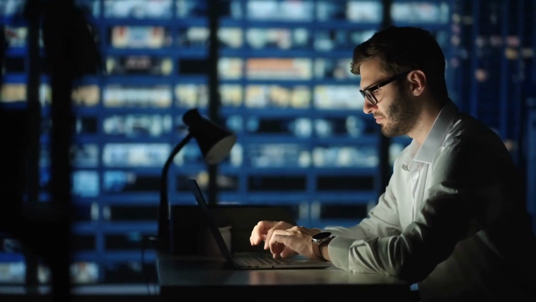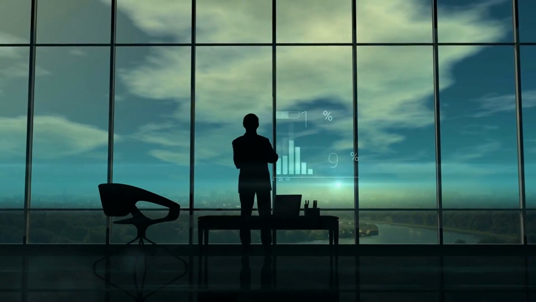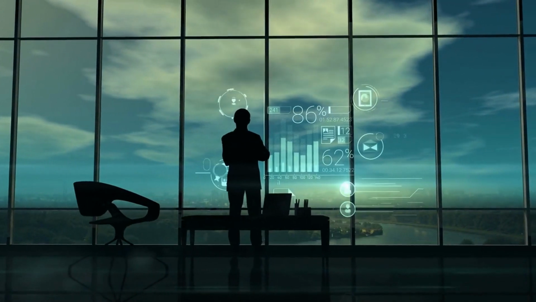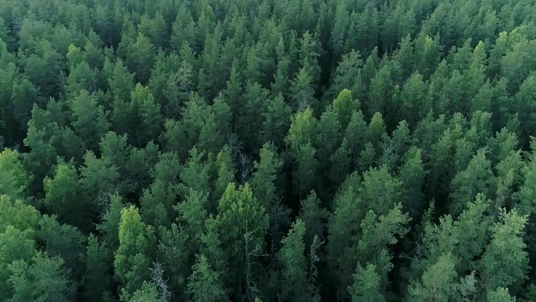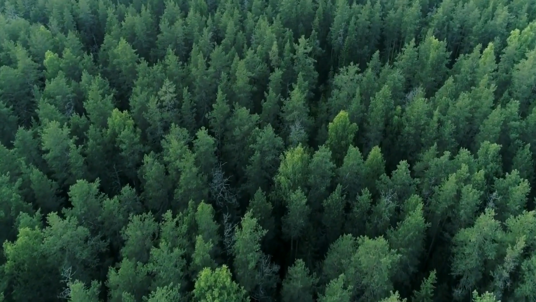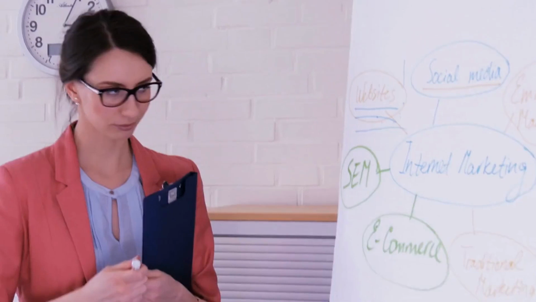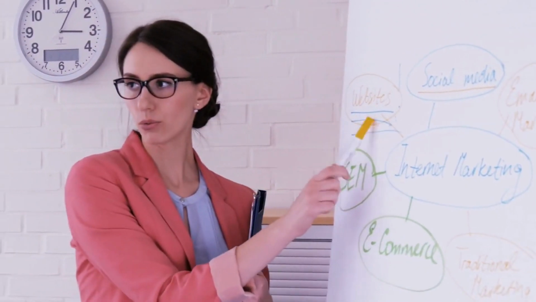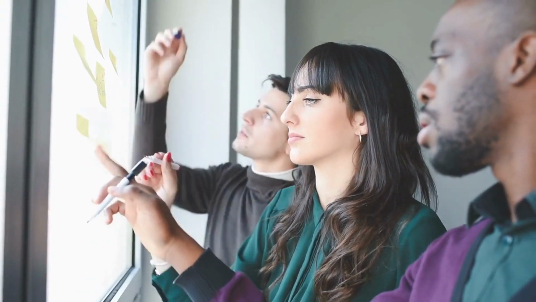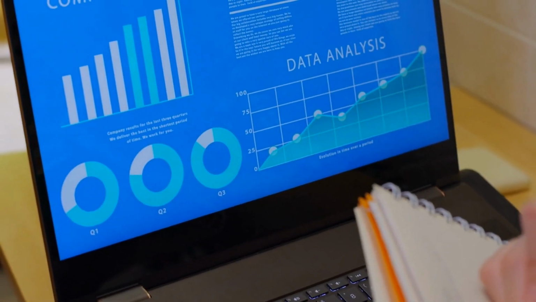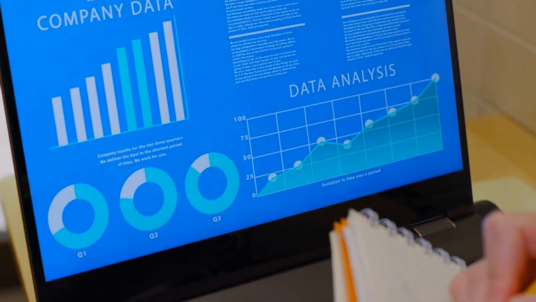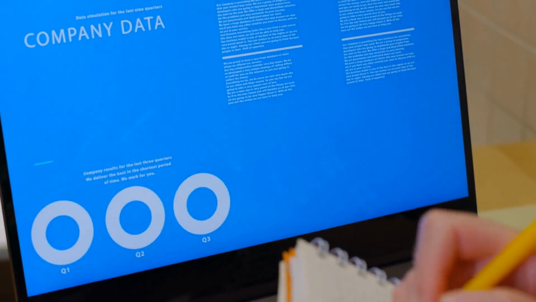Resources for continued education. Online investing is a complex field, and there is always more to learn. Here are some resources to help you continue your education. Investment blogs. There are many investment blogs and websites that provide valuable insights into the world of online investing. Some popular ones include Seeking Alpha, The Motley Fool, and Investopedia.